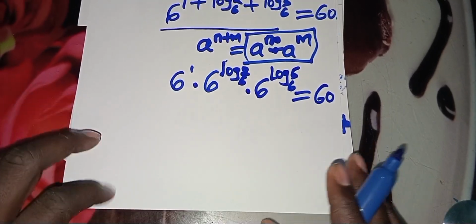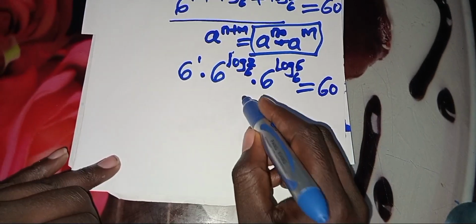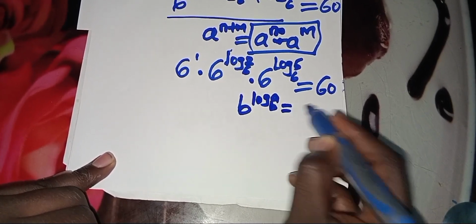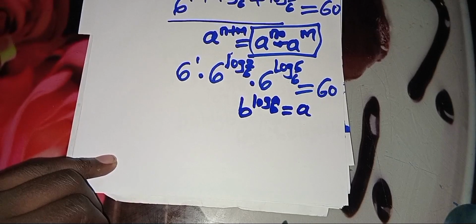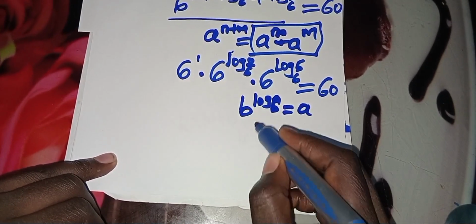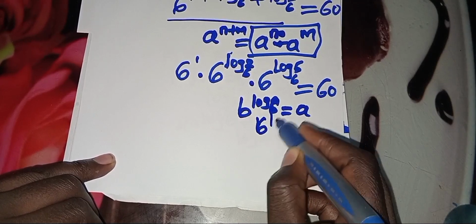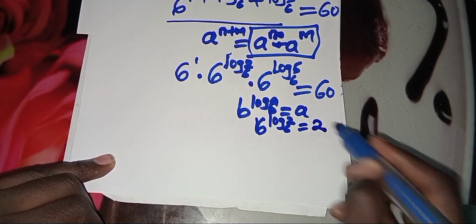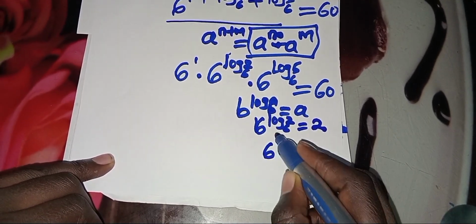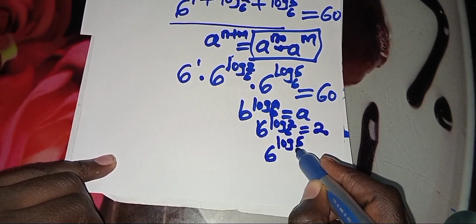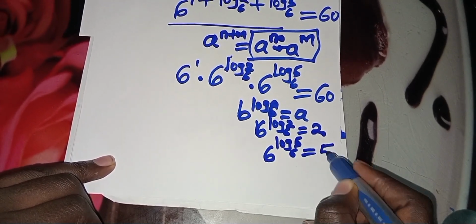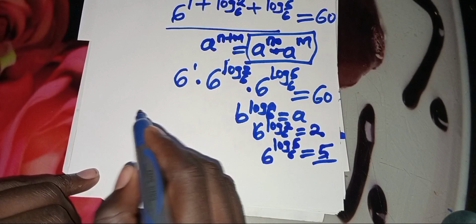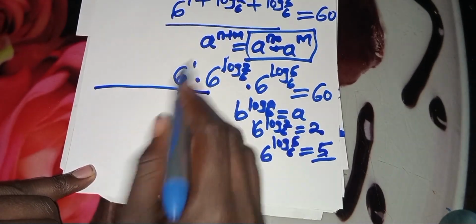We have an interesting property that if you have b raised to power log a to base b, this is definitely going to give you a. So in our case, 6 raised to power log 2 to base 6 is equal to 2, and 6 raised to power log 5 to base 6 is definitely going to give you 5. So we substitute these values of 2 and 5,